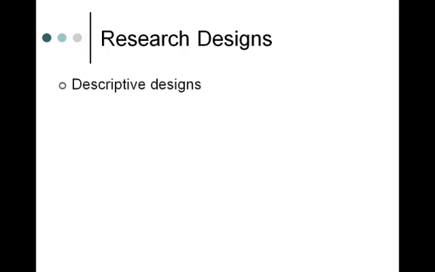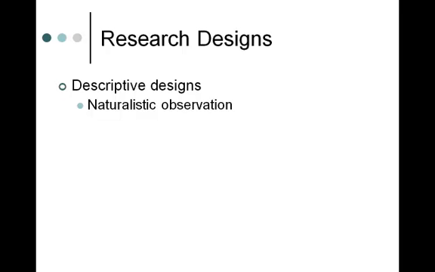So in terms of research designs, you have a series of descriptive designs, the goal of which obviously is to describe psychopathology, and there are multiple data sources, multiple different strategies within this broader idea. Naturalistic observation, so just watching people, right? This would most likely be qualitative research here, where you're just making observations and looking for patterns, possibly not knowing exactly what pattern you're looking for, but the idea of just trying to see, well, what are these people like, and how might they be different than people who aren't labeled as having a mental disorder, exhibiting